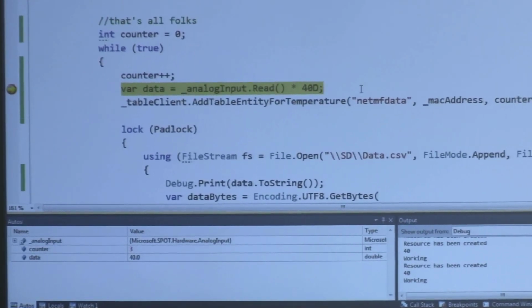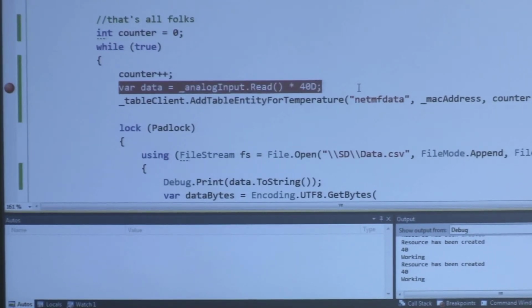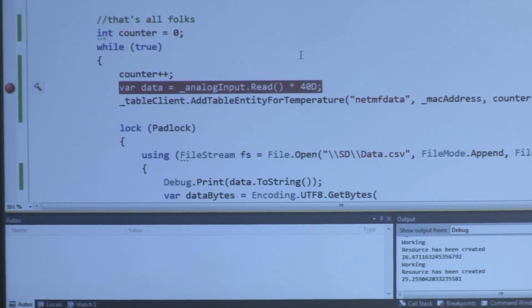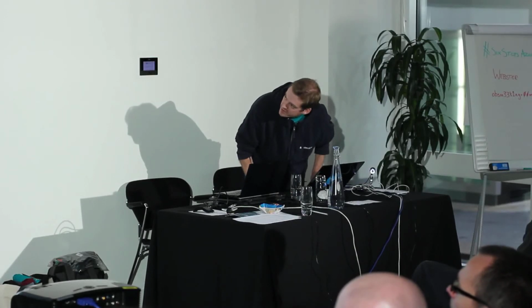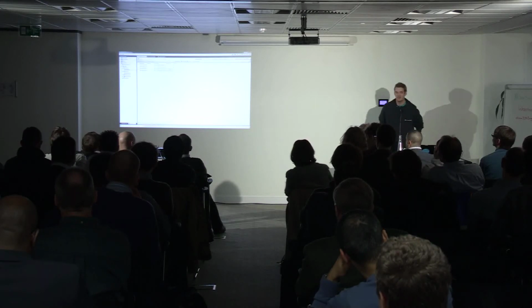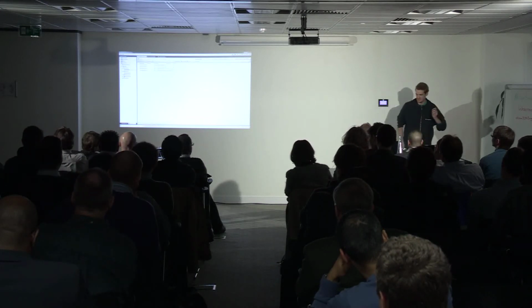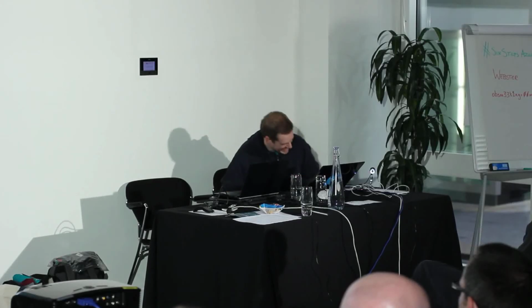I just changed the value of this potentiometer. And run it again. And run it again. And we'll go back to the lovely Cerebrata and refresh this. And you see the whole load of stuff with some different values on the temperature because we changed the value by turning the potentiometer. So that's proof of me not faking it, if little else.